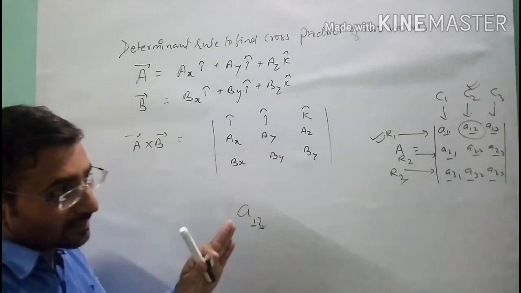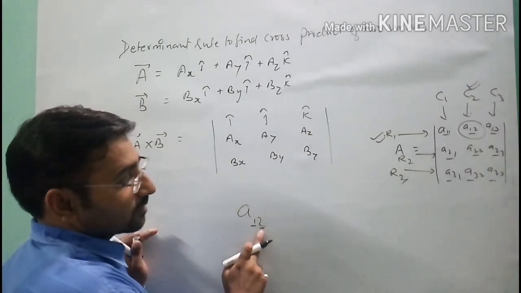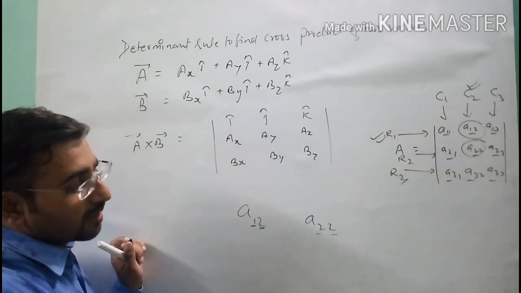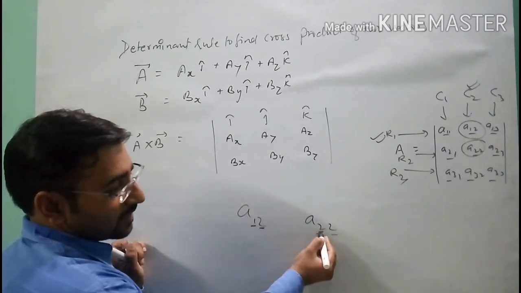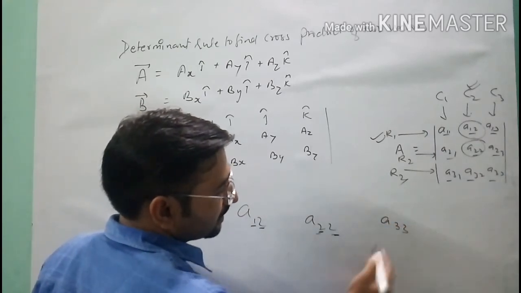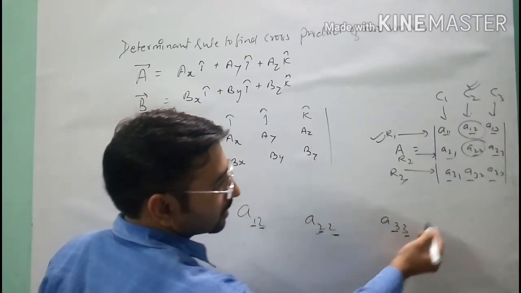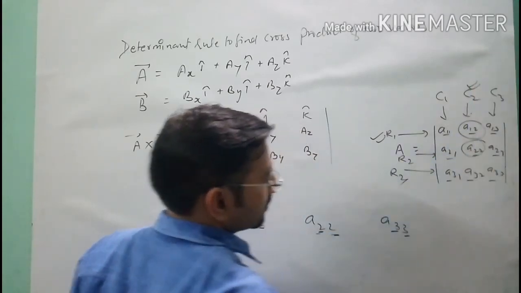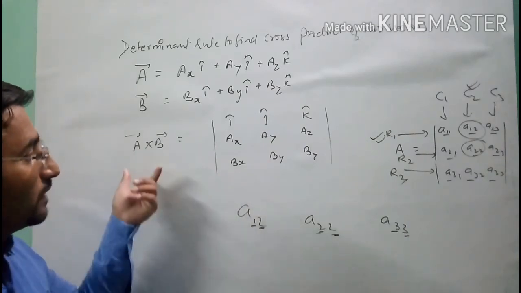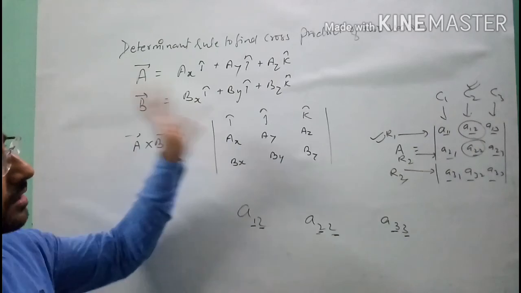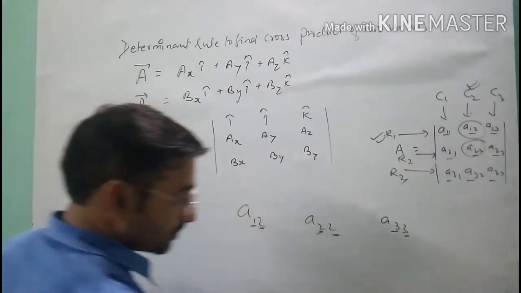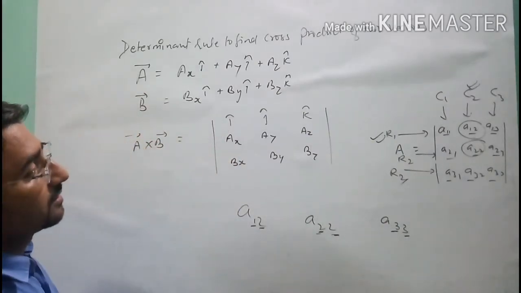When we represent it in this way, we read the row first and then the column. Suppose we are dealing with a22, which tells us the position is second row and second column. See here, second row and second column. Now once again a33, which represents third row, third column. See here, third row and third column. So this is the way to read the values when you do the cross product, or the scalar dot product, which we will discuss later on. So before this we will deal with this question.